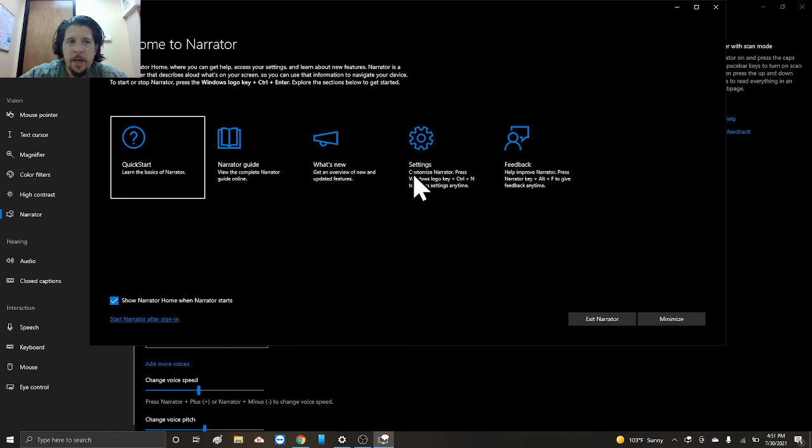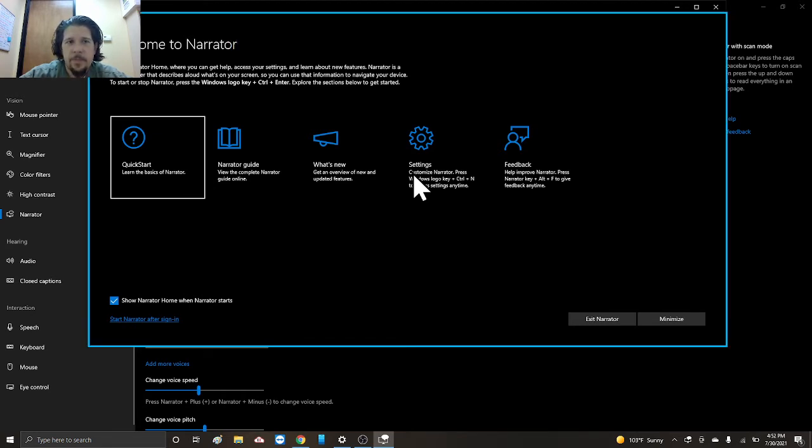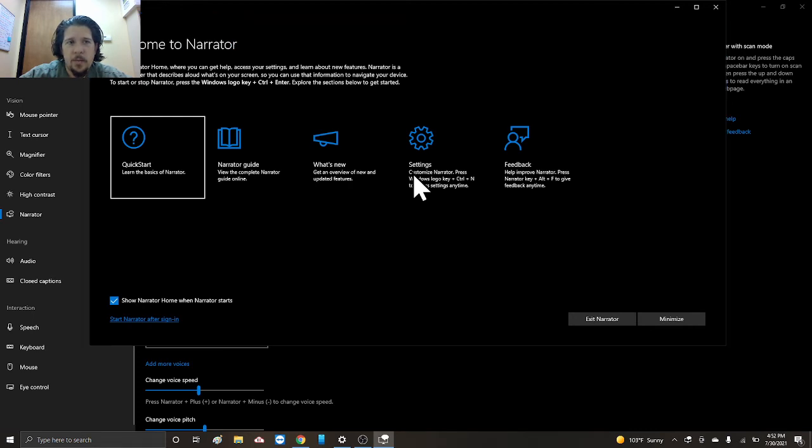So if I hit right, H-I-S space I. I'm walking through the dialogue there. If I hit up, Heading level 1. Main landmark. Heading level. This is Narrator Home, where you can get help, access. As I go onto a new button or a new piece of dialogue, it will start to read through that